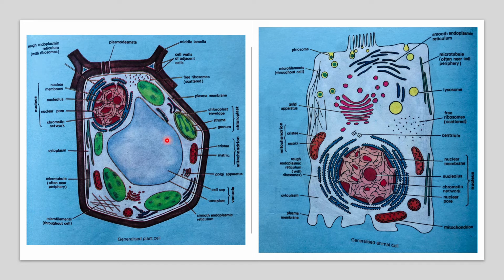And then come the lysosomes. Lysosomes are very rare in plant cell and are present in animal cell. Here is the lysosome present in animal cell. Lysosome was discovered by Christian de Duve in liver cells. It helps in the digestion of external particles and intracellular substances, and it has also